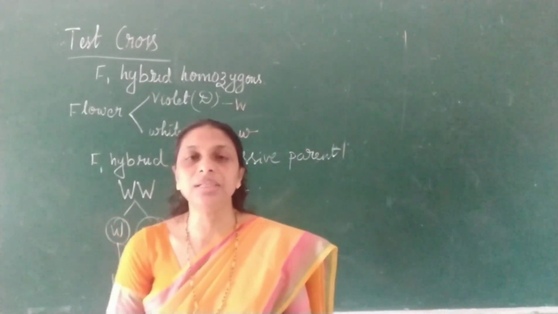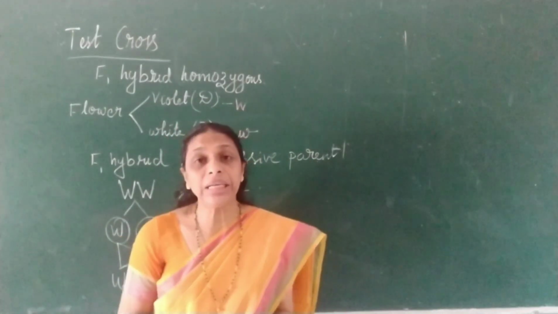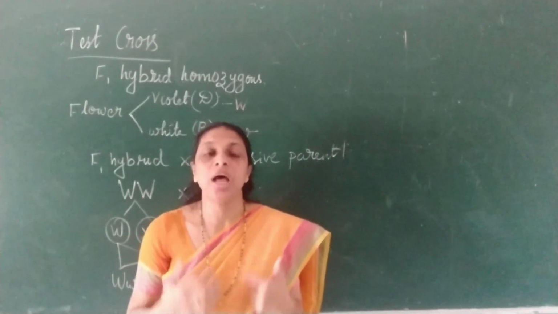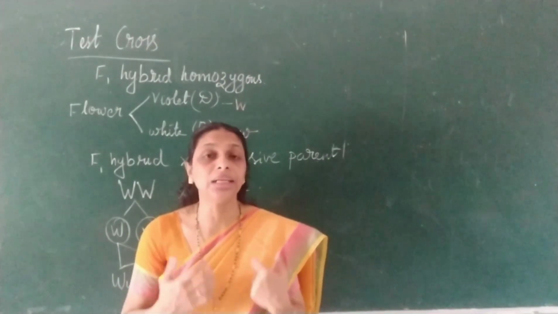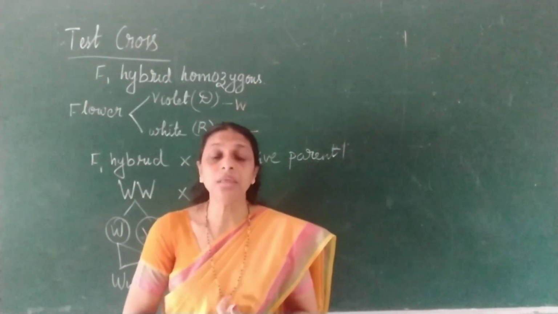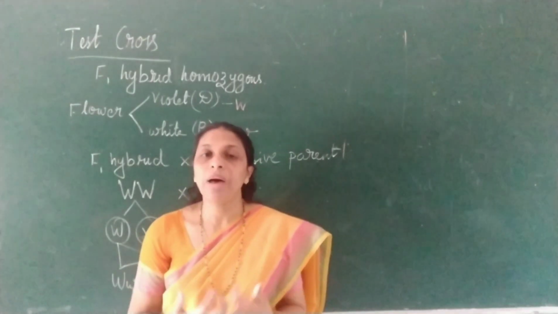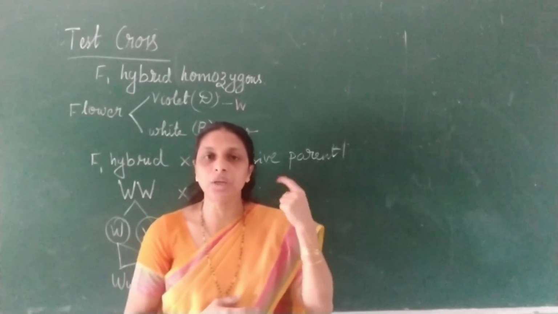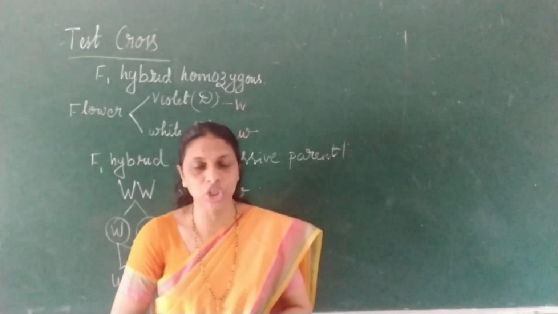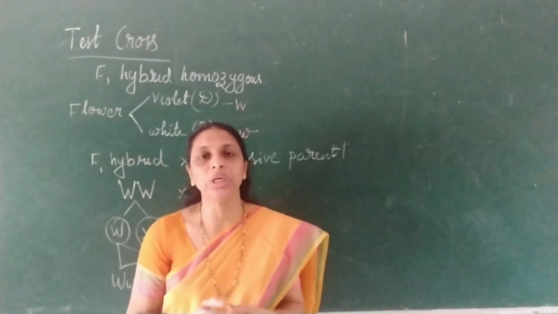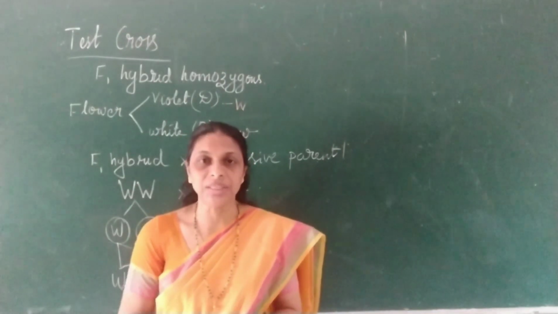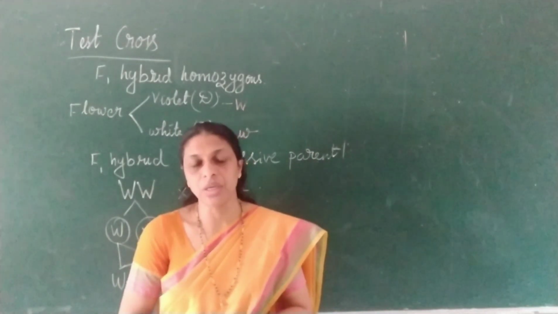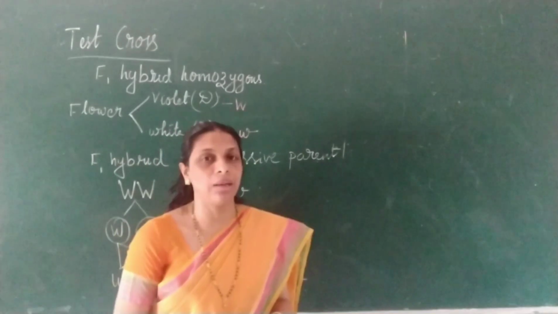So today we have discussed the conclusions which Mendel reached after conducting his monohybrid experiments, and then the laws which were proposed by Mendel from his monohybrid cross. That is the two laws. One is law of dominance, another one law of segregation, also called law of purity of gametes. After that, we have discussed what is a back cross and what is a test cross and what is its significance. So all these are very important from an examination point of view.